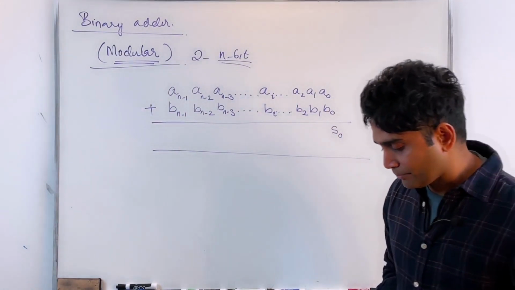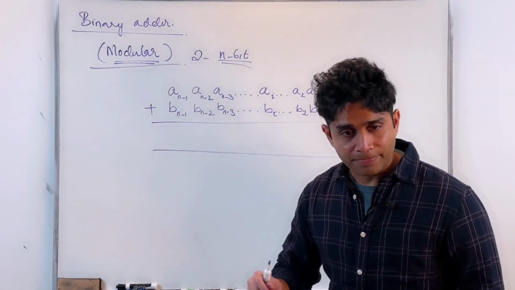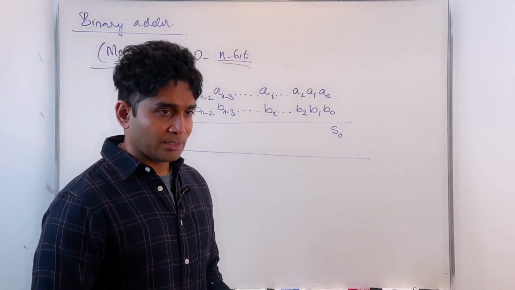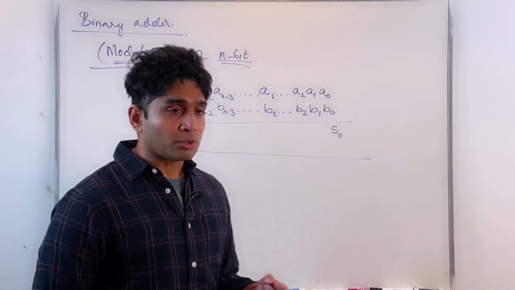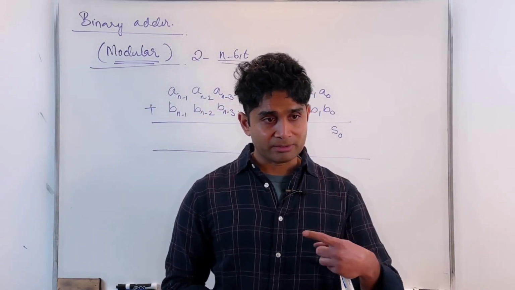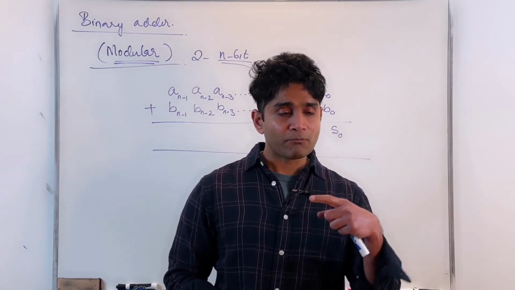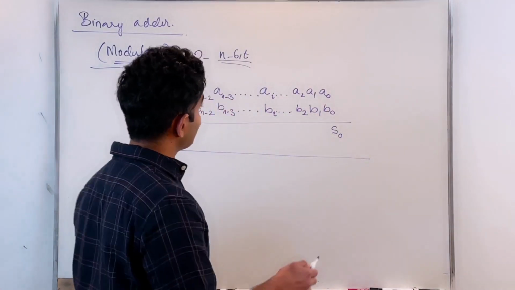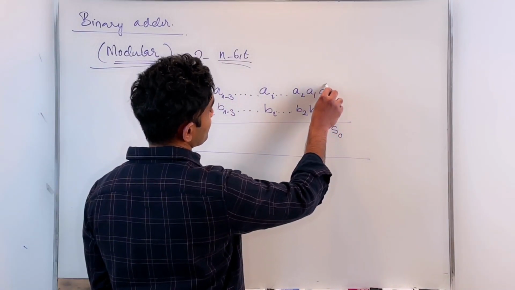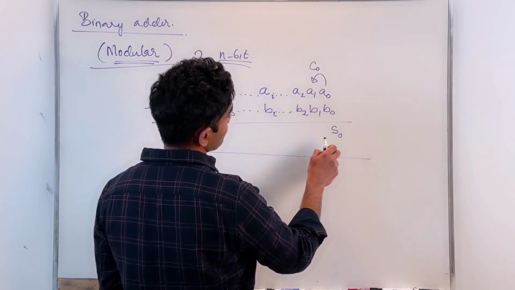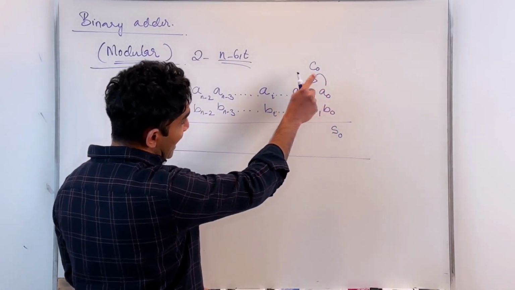Let me put it this way. I get a sum S0 and a carry out that could be a 0 or a 1. When both A0 and B0 are 1s, I get a carry out of 1. When one of the numbers is 0, I get a carry out of 0. Let me call the carry out C0 in this case. I'm going to add that carry out